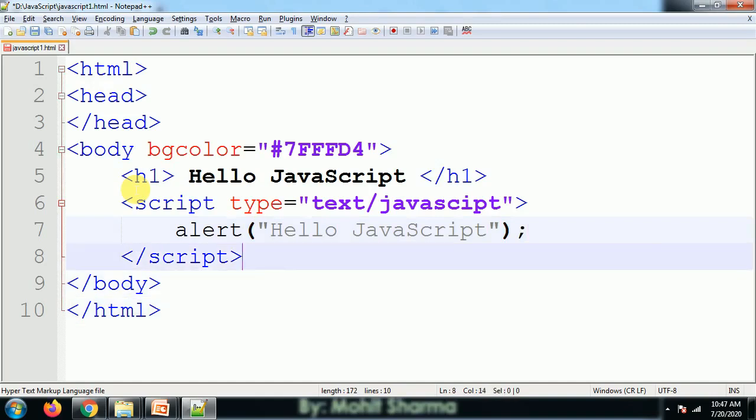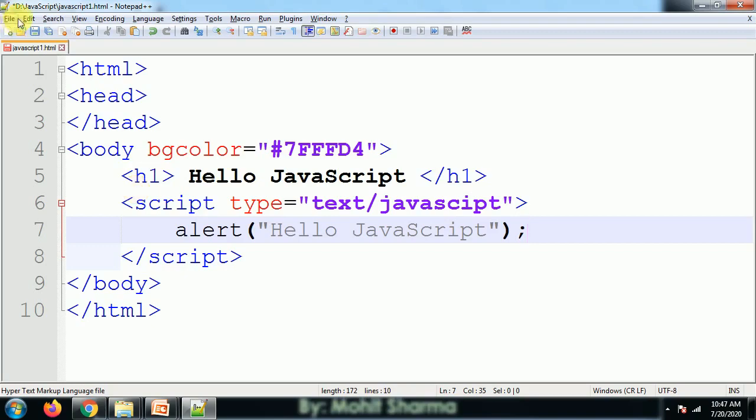So this is the file, and we are using its alert function. What the alert function gives us is an alert box. As the page loads, an alert pop-up box appears in front of us.